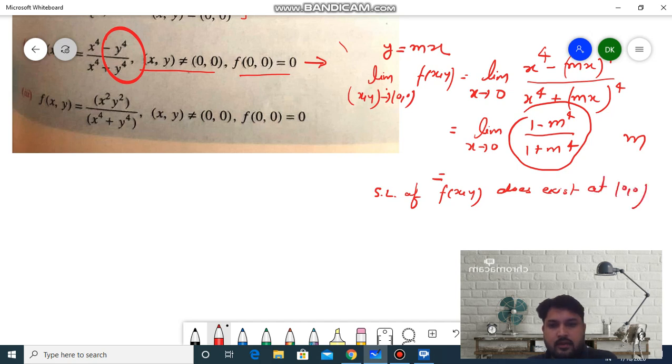Similarly, for the third example, where f(x,y) is equal to x square plus y square upon x to the power 4 y square, we can